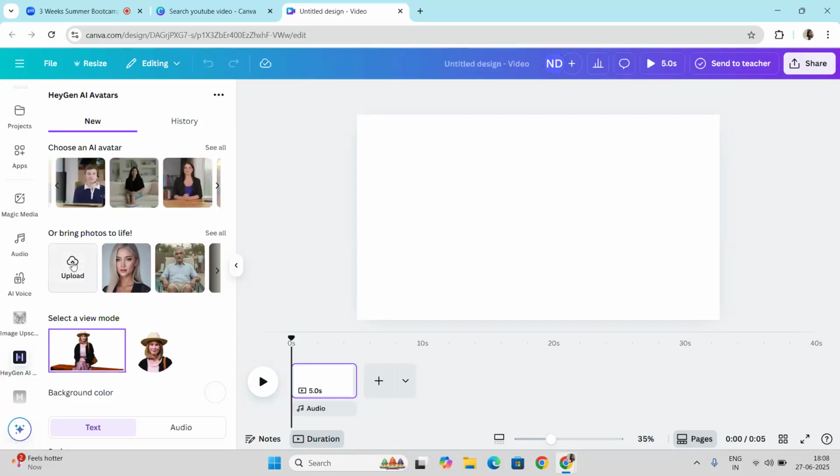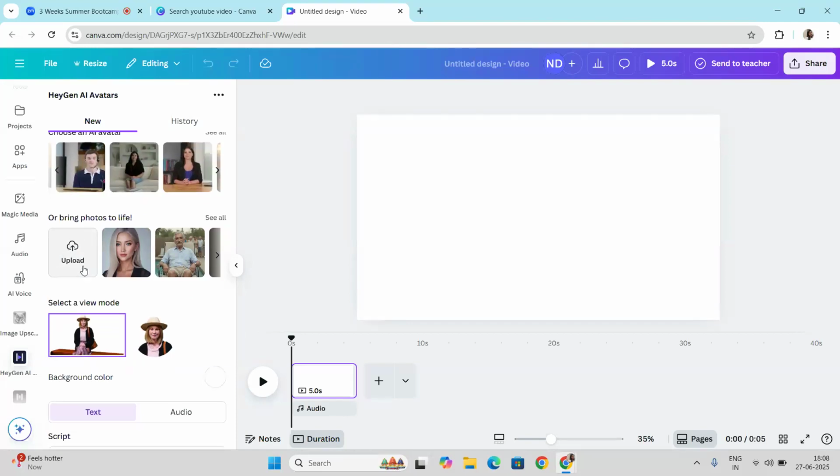Then you can see, below this we have one option for uploading an image. You can take an image, and from the image you can generate a video. So this is what the tool is all about. HeyGen AI avatar is the tool in which you can take any image and convert that image into a video by giving a proper script to it. Here you can upload your own image as well, like from Google you can take, and I'll recommend you to take your own image.